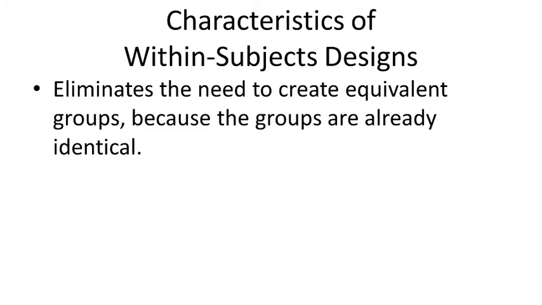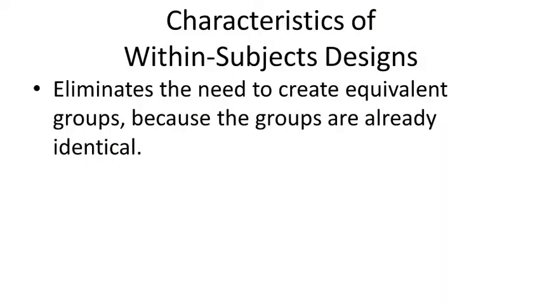Now, there's a lot of big benefits to doing a within subjects design. Like all of the stuff we've been talking about when it comes to individual difference confounds and how to control them by like matching across groups and using randomization. All that stuff, you could forget about that. That stuff doesn't matter anymore, because clearly we don't have to worry about individual difference confounds anymore. We have identical groups. Our groups are exactly the same. Obviously they're going to be the same because you're just looking at one group of people multiple times. So you don't have to worry about those kinds of things anymore.